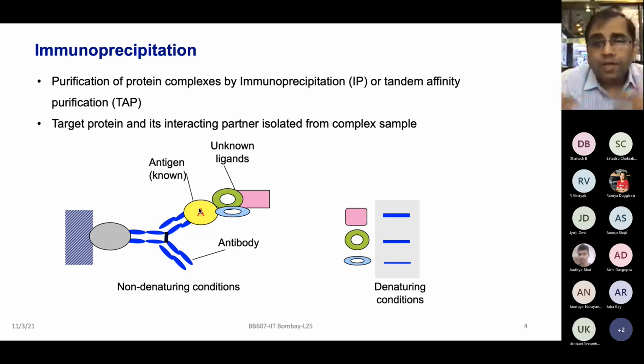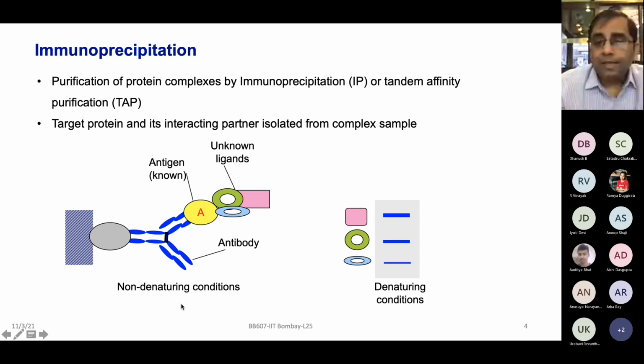How well you can enrich that complex and try to elute it out, that is the first goal here. And for doing so, you would like to provide non-denaturing conditions so that the condition is favorable for the complexes to be formed, and you want to get those complexes eluted out. Therefore, you would like to do this first part in a non-denaturing condition, where you're not adding any denaturant, which can remove these complexes, which is protein A binding with other interactors.